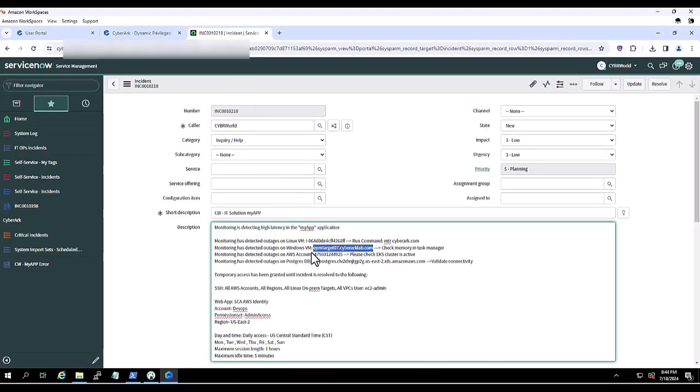As we return back to the ServiceNow ticket, we'll see the next task is to log into a particular AWS account and verify that the EKS cluster is still active. To do so, we can